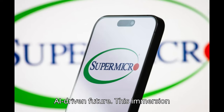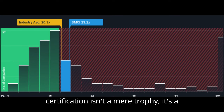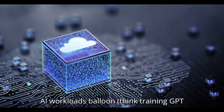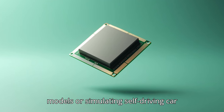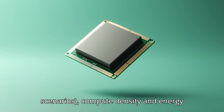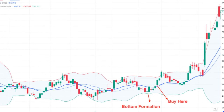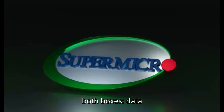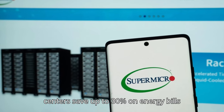Positioning for the AI-driven future. This immersion certification isn't a mere trophy, it's a strategic rocket booster. As AI workloads balloon, think training GPT models or simulating self-driving car scenarios, compute density and energy efficiency become non-negotiable. SMCI's BigTwin immersion servers check both boxes: cost savings, data centers save up to 30% on energy bills compared to